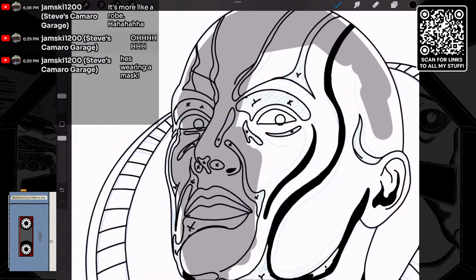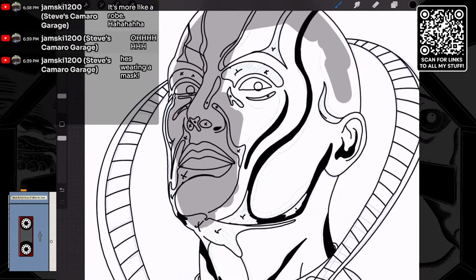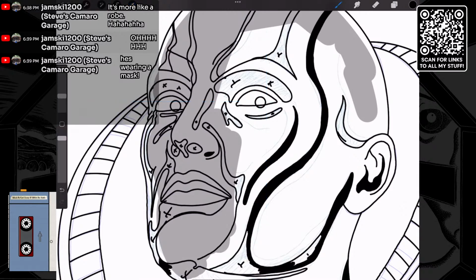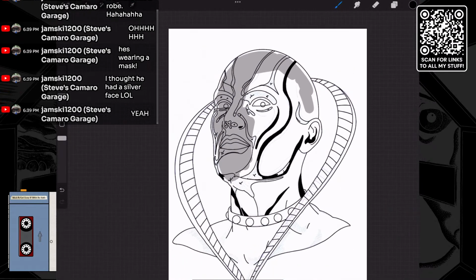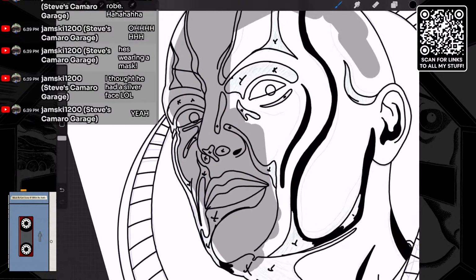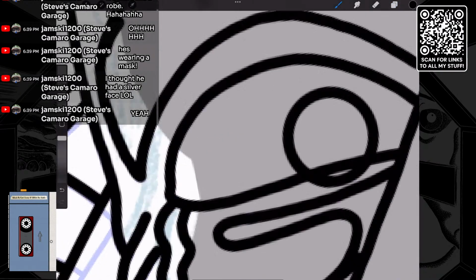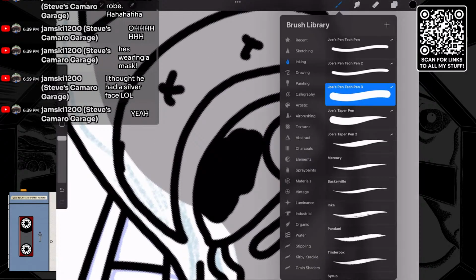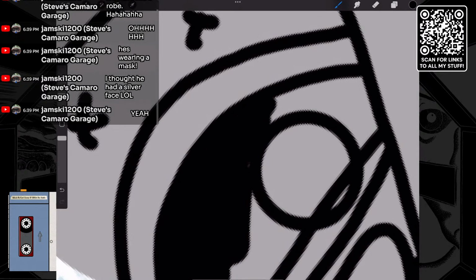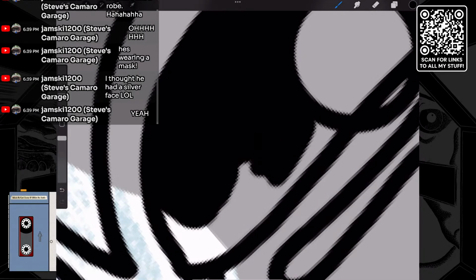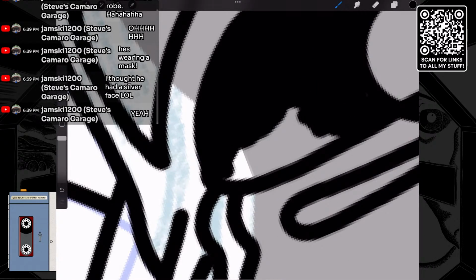Yeah, he's wearing a mask. He doesn't have a silver head. I used to think that when I was younger. I thought he had a silver head. No, it's a mask. It's a mask that apparently one of his ancestors had to wear because they committed a crime or something. This is what I read off Wikipedia about 5 minutes ago. So, I don't know. But yeah, it's a mask. I know. When I was younger, I thought he had a silver head. He does not. He just has a silver mask. Which, I don't know, it's not like it's massively less weird that he's got a silver mask that he wears all the time.